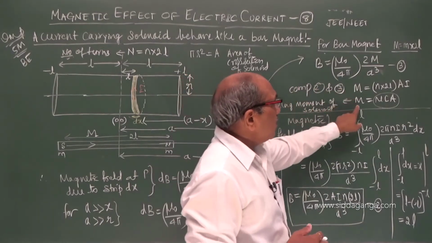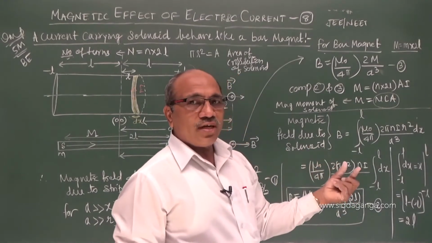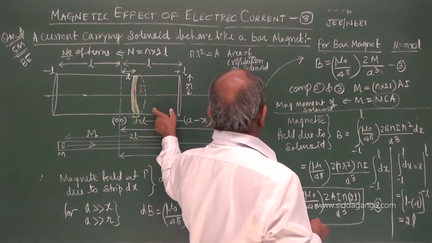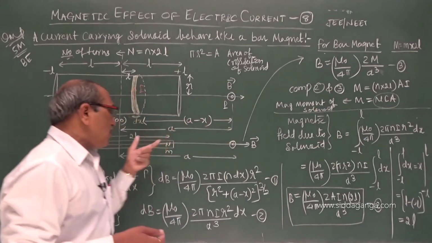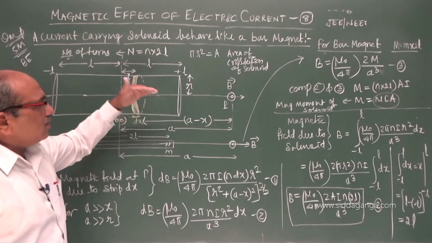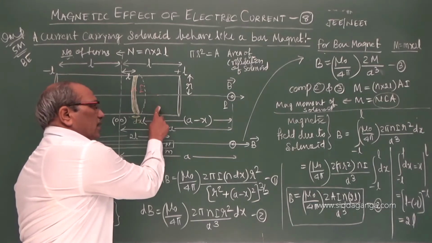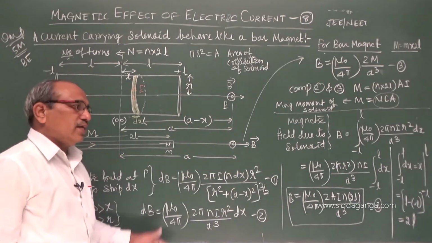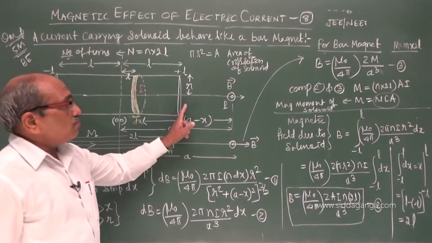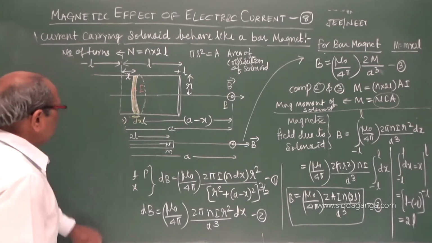That means moment is nothing but a magnetic dipole concept. In electric dipole, we call it electric dipole moment. Here, a solenoid behaves like a magnetic dipole, as a bar magnet behaves like a magnetic dipole. Therefore, I can say bar magnet and solenoid both act like a magnetic dipole, and a current carrying solenoid behaves like a bar magnet. That conclusion we have to come to. This is about the solenoid, but it is a most important question asked in previous years for board examination for 5 marks.